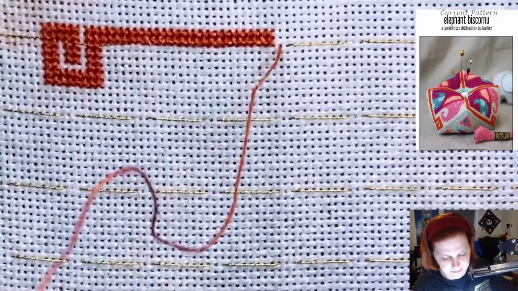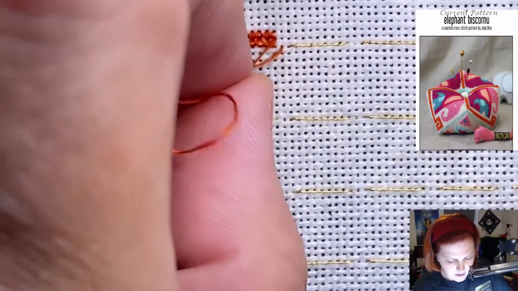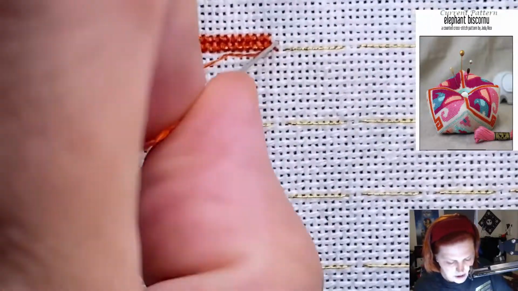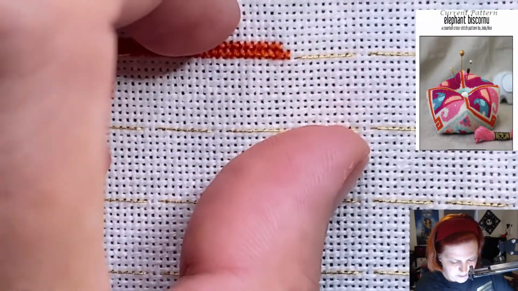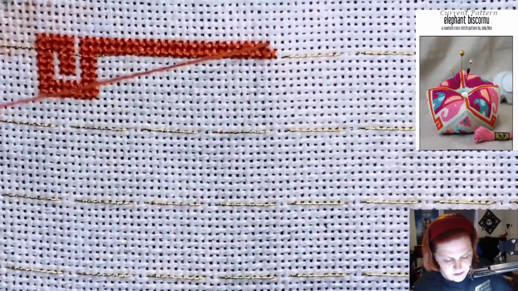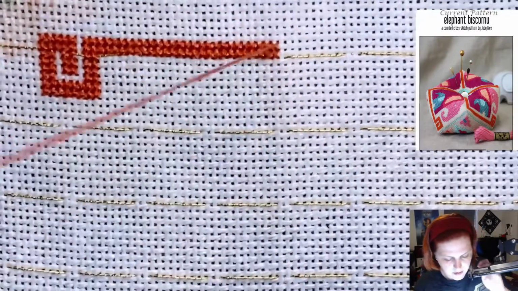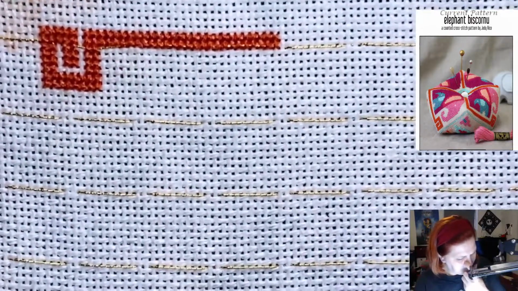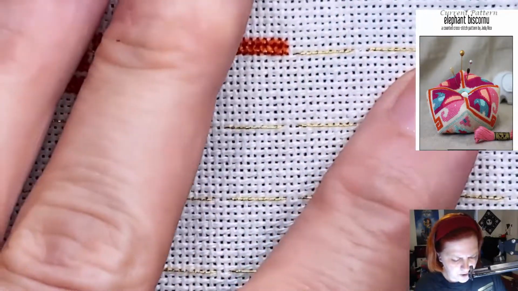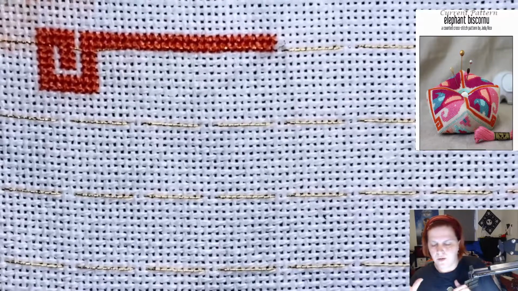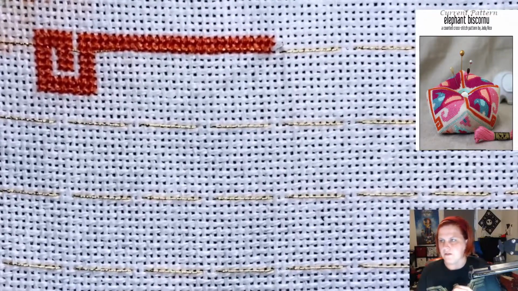Now, once I get them made, I will have to figure out exactly how I'm going to frame them. Like the biscornus, I don't have to worry about framing at all. The bookmark, I'm not 100% sure what I'm going to do. I know there's steps to turn it into a bookmark, so I'll have to look at those and figure that out.